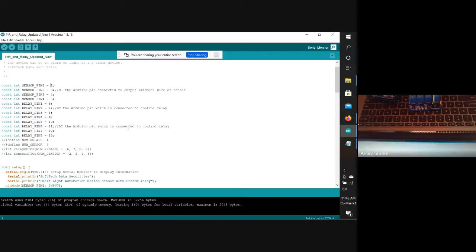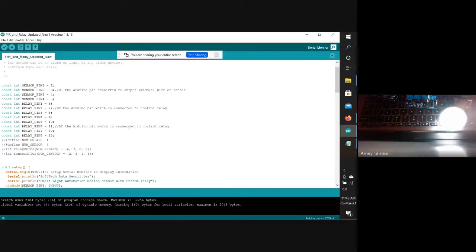I'll take my bulb here so you can see it properly. I'm giving it power. Now we can see my bulb is turned on, or switched on. Why? Because we have not activated the relay yet. So once I activate my relay,